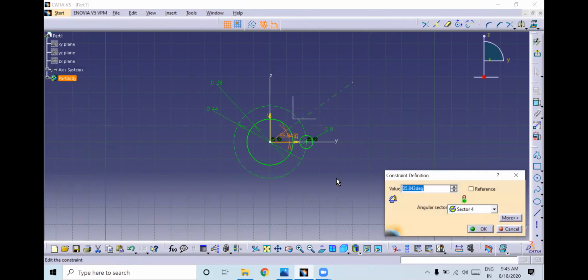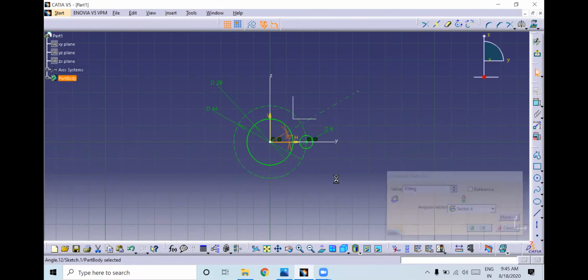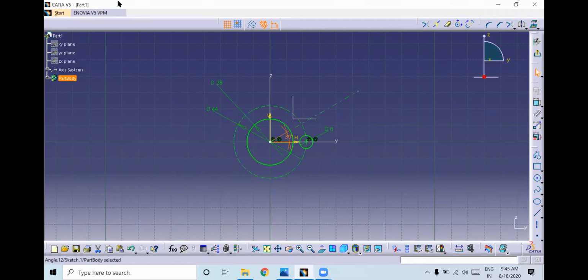So what is the angle? 30 degree, right? So wait for a while. Okay, see, 30 degree. Once you create the axis line also, you have to check whether it is constrained or not.